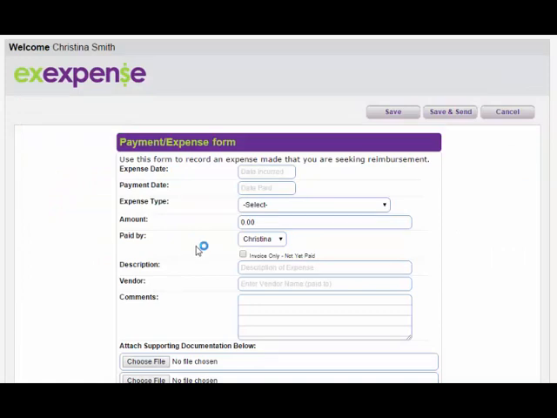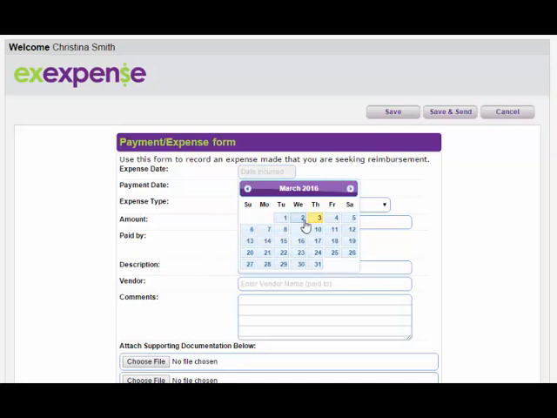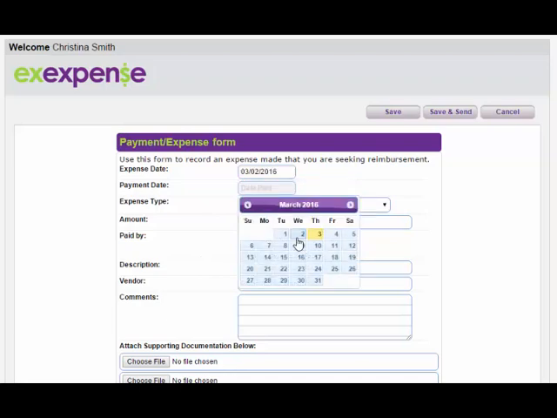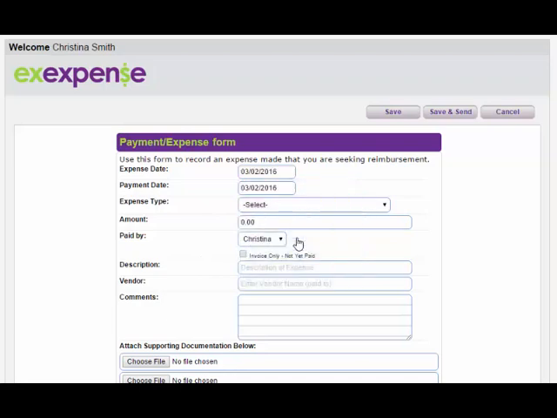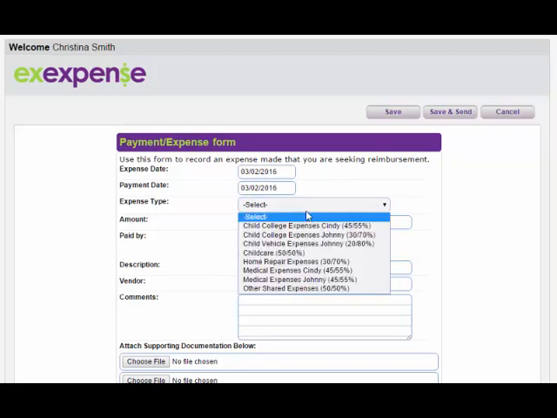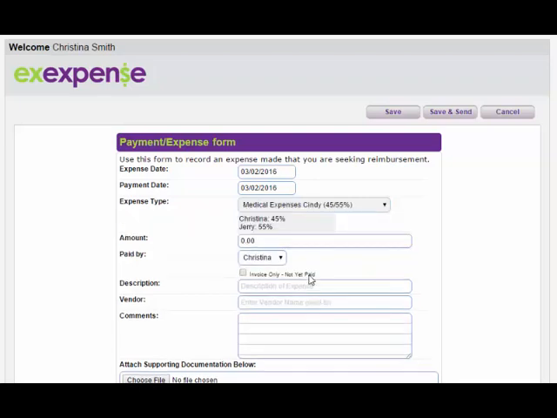We've built this form to make it very fast and easy to enter data. We have date pickers to allow you to pick the date very quickly. The expense date is when the bill was incurred. The payment date was when the bill was paid. You're allowed to choose an expense type. We're going to choose medical expenses for Cindy. And you can quickly see the sharing percentages in case you forgot. Put in the amount,